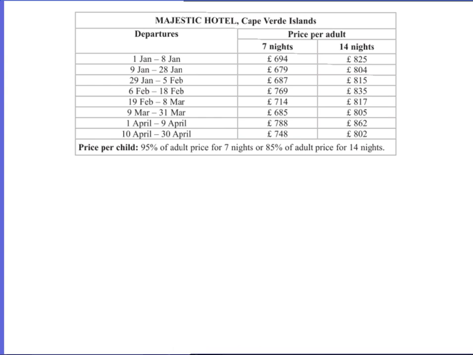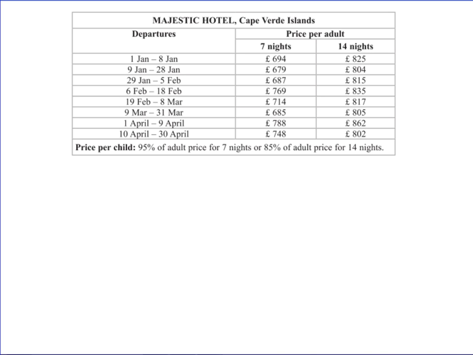Question 2. A lot of table here, a lot of information about Mr. and Mrs. Jones planning a holiday from the Majestic Hotel. The table gives information about the price of the Majestic Hotel. Mr. and Mrs. Jones are thinking about going on holiday,